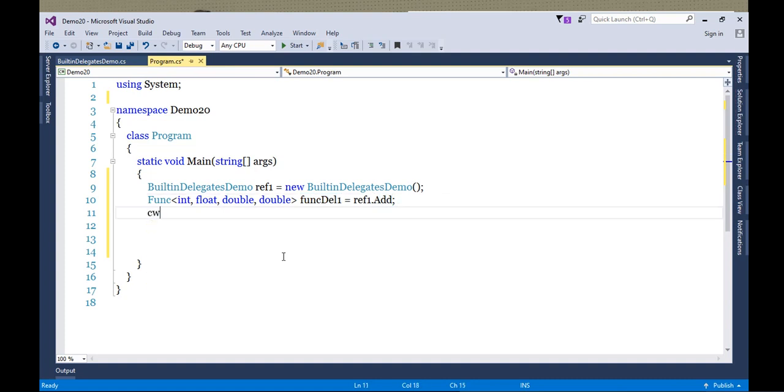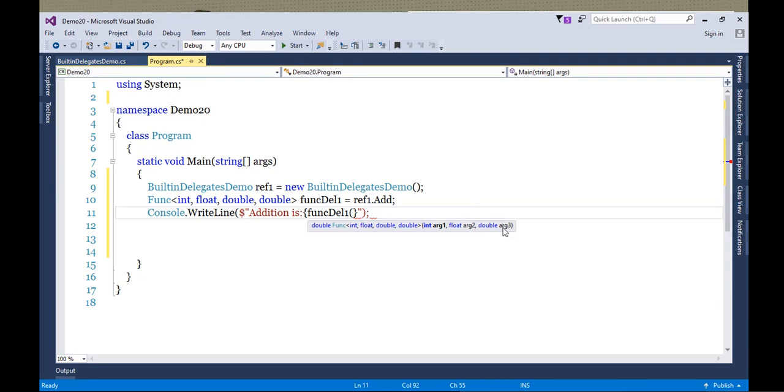Okay, so I don't think any change will happen in the console. Addition is, let's use that delegate reference. So Func delegate1, and you can see the target here. The first argument is integer, second argument is float, and third argument is double.